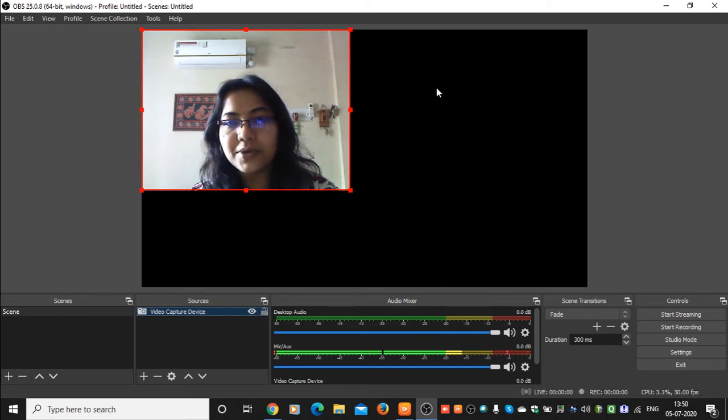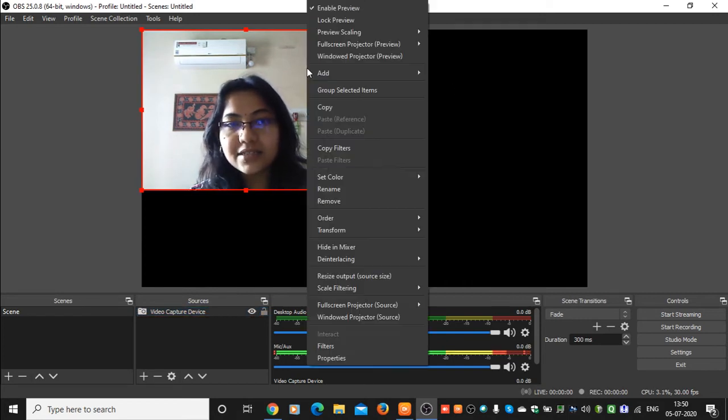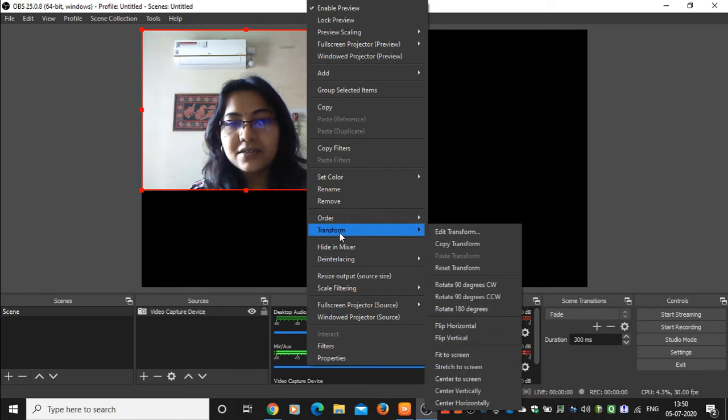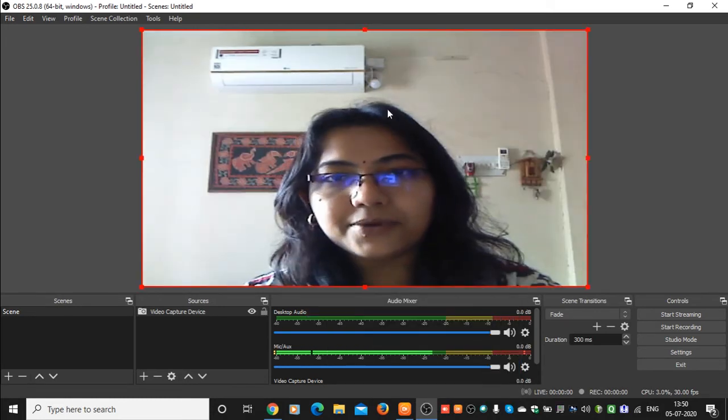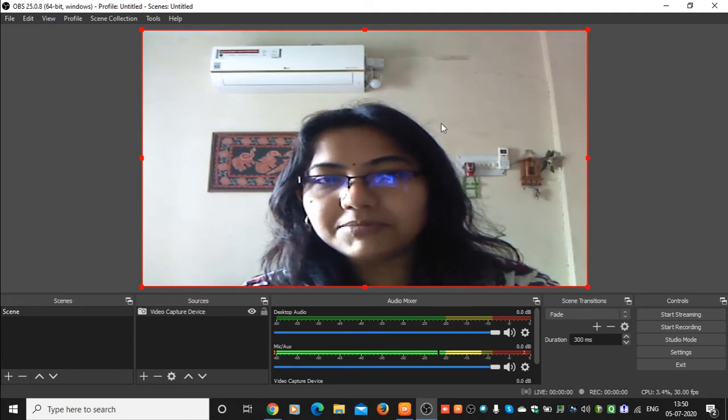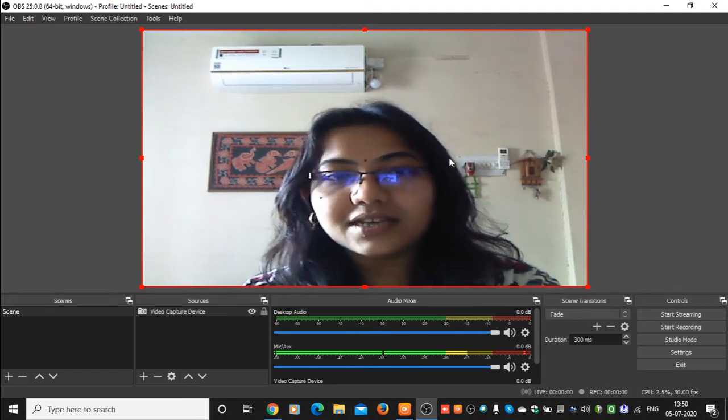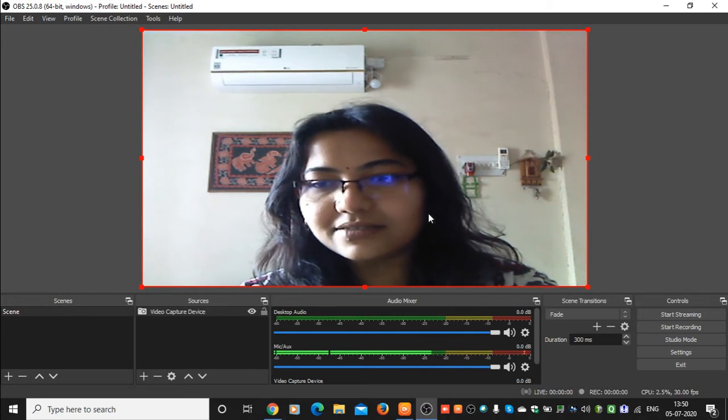If you want to expand it, right click over here, go to transform, and you need to click on stretch to screen. Okay, so now you can see your video is occupying the complete screen.